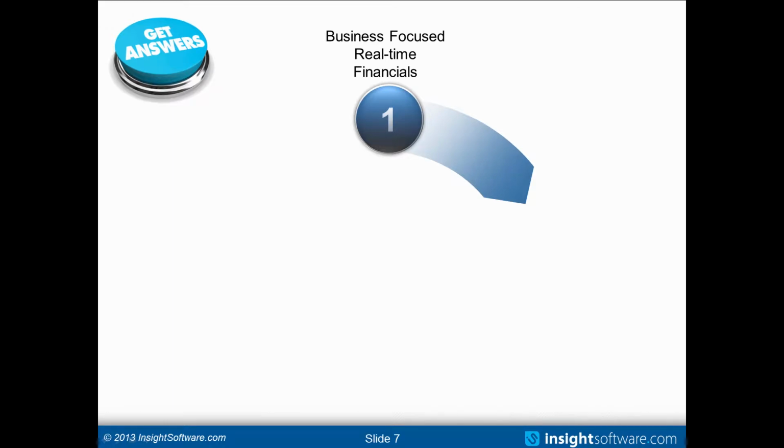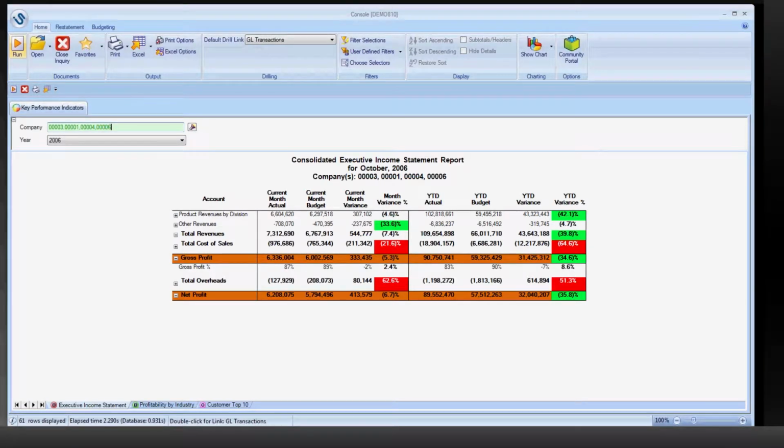Now in this first example, we're jumping into Insight Unlimited software. This is live software over a live JD Edwards instance. And we're looking at a consolidated executive income statement. And in this case, we're viewing it through the casual business user interface, which we call the console. From the console, a business user with no training can actually use what would traditionally be a report as live